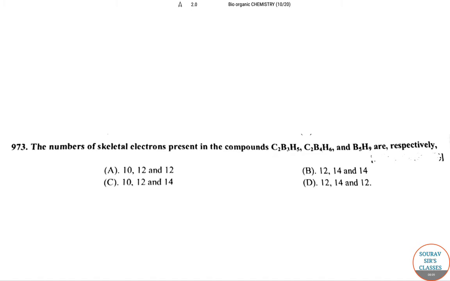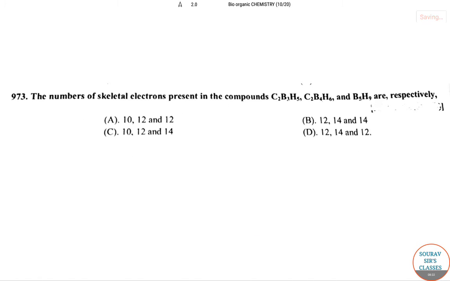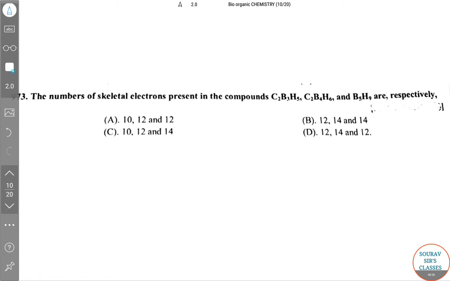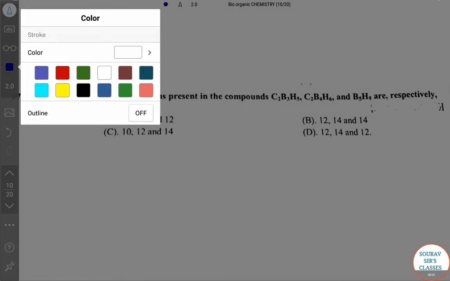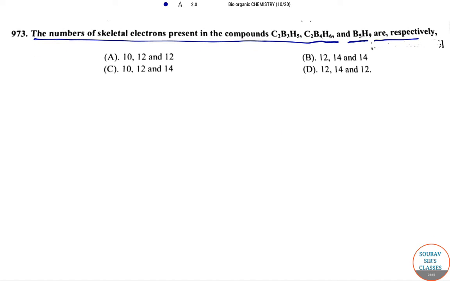The number of skeletal electrons present in the compounds C2B3H5, C2B4H6 and B5H9 are respectively how many? He wants to know the number of skeletal electrons. So the answer is: